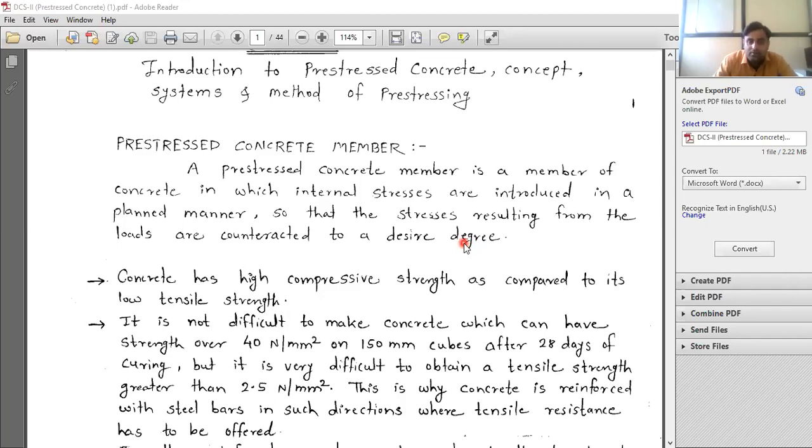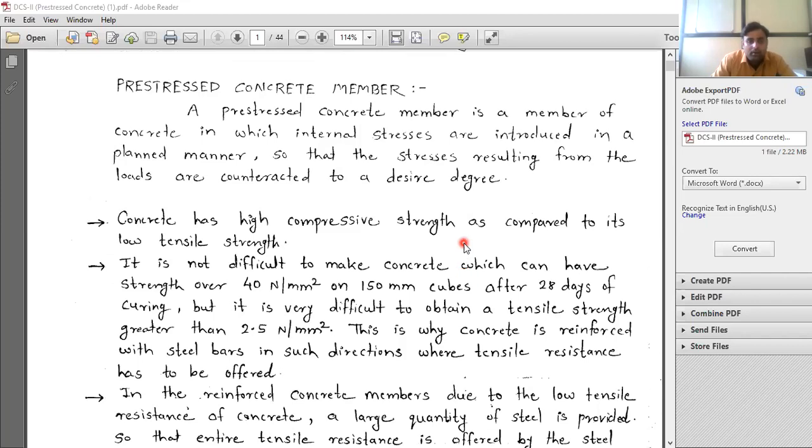Now, the next 3 points I am going to talk about say why it is necessary. What are the defects of concrete? Why do we need pre-stressed concrete? That I am going to talk about in the next 2-3 points. If you see any point is important, take a screenshot of this, or you can take it as a note. Some points I am talking about are not given in the notes also, so if you think that a point is important, it is better to write it down.